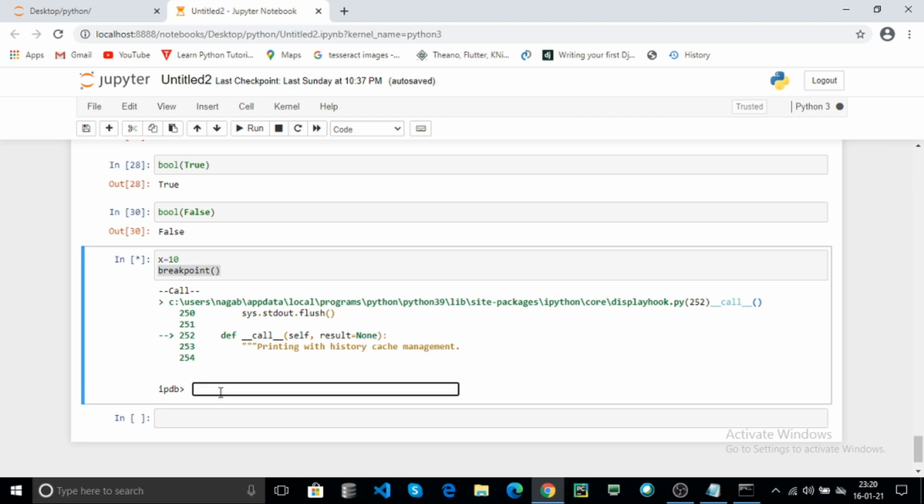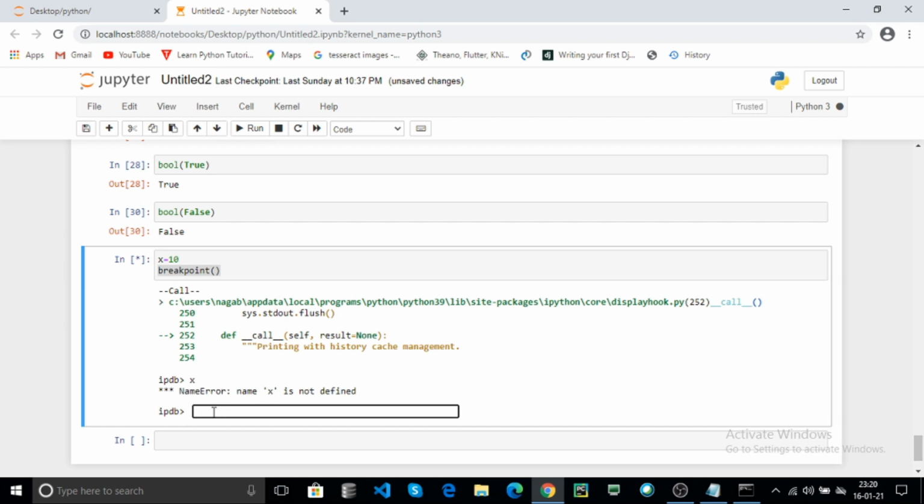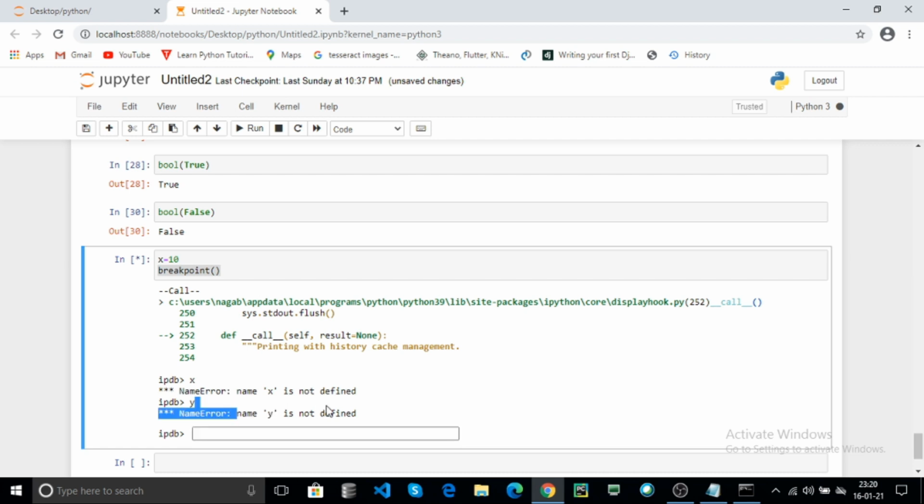Here you can enter x and hit enter. For example, x is not defined. For example y, hit enter. Here name y is not defined.